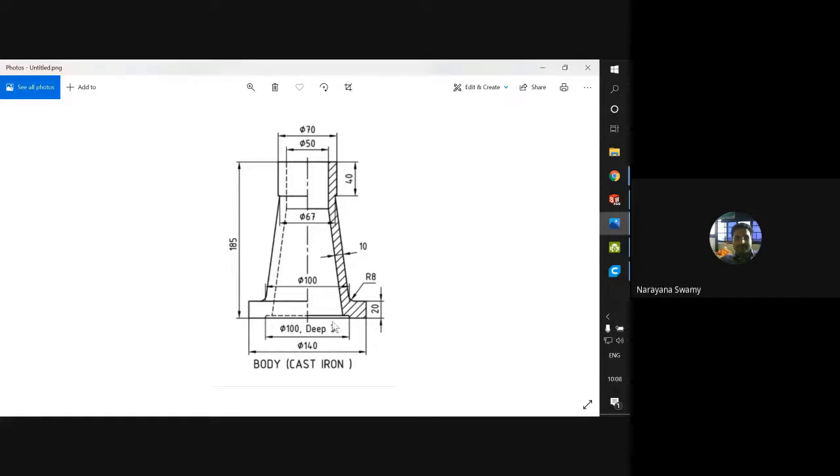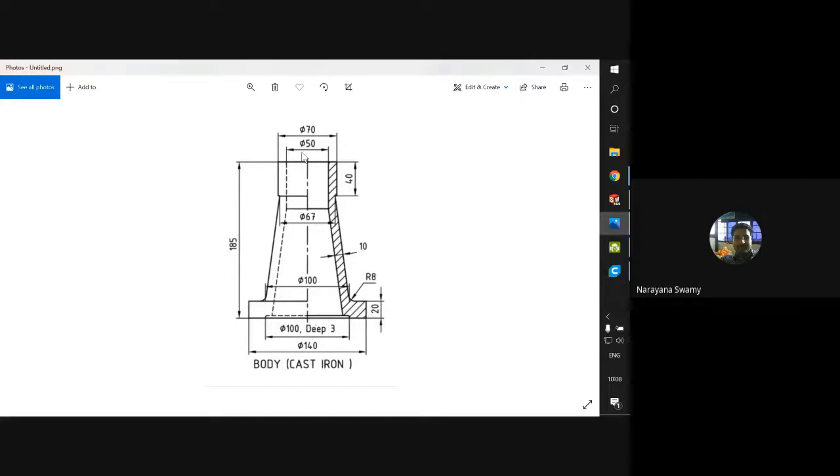Here our important thing is to concentrate on the hatched part. As engineers we know that hatching is nothing but a section of that one. When it comes to the section, this is the thickness of the wall which we are going to have, that is 10 mm, and the height and the curvature, that is the fillet radius, everything they have given. For the time being, we just need to make a note of the things, not exactly the dimensions, just the outer part.